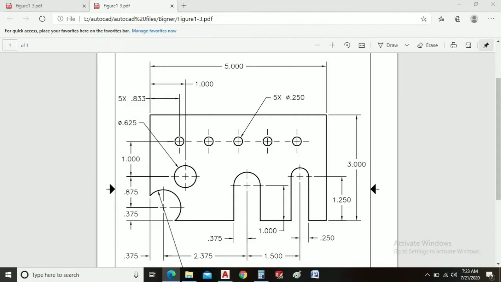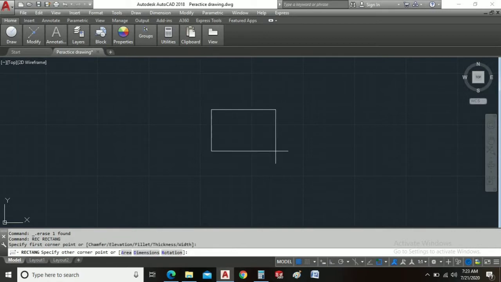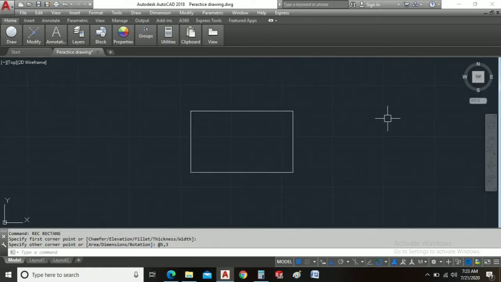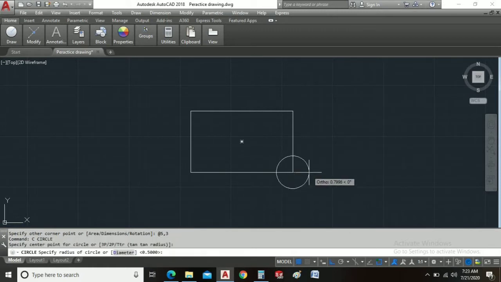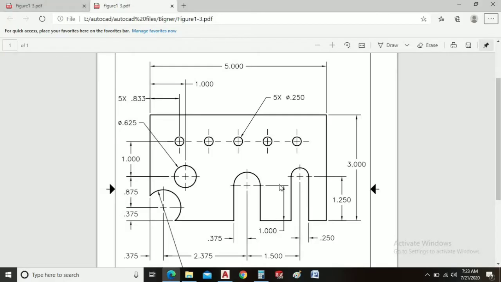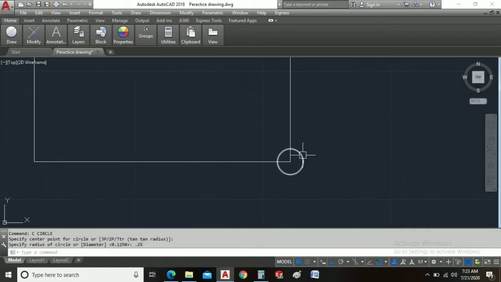Alright guys, let's start. Draw a rectangle firstly. At the starting point, enter the value 5 by 3. The rectangle of 5 by 3 has been drawn here. We need to draw a circle here of 0.25, and another circle here of 0.5 dia. Means 0.25 radius. Just click here,